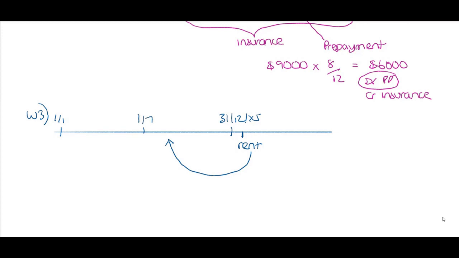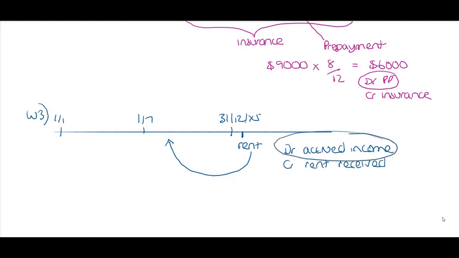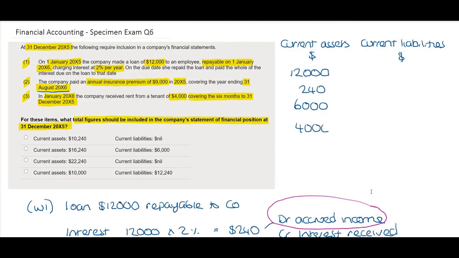This is income received, and so we have accrued income that needs to be included in our current year. We are therefore going to debit accrued income and credit our rent received to increase our income. Accrued income is a current asset, and so therefore the total amount of $4,000 is going to be included in our current assets balance. We can see that there is nothing to include for current liabilities, and so if we total up my current assets, it now comes to